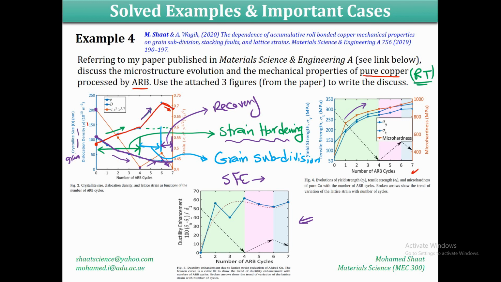That's why we're gonna end up with an increase in the strength. Another reason is the formation of small grains, because of the grain subdivision, which especially is going to take place between cycles 4 and 5. This is going to give a further increase in the strength and the hardness of the material. Why? Because the grain subdivision is going to generate new grain boundaries with high angle